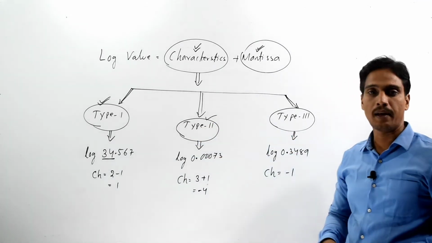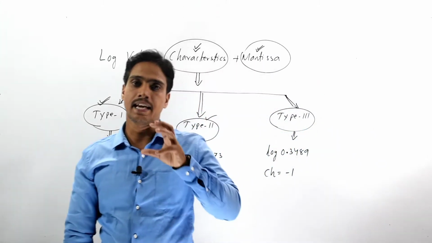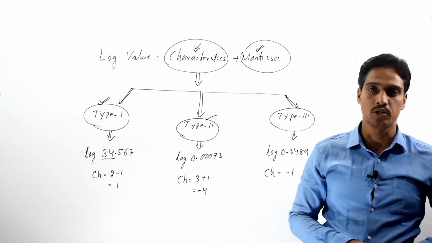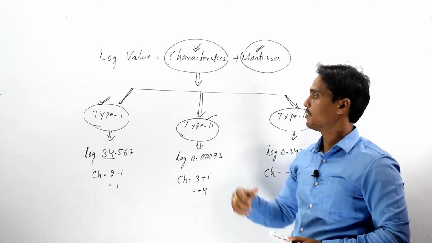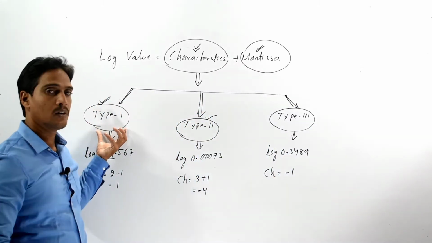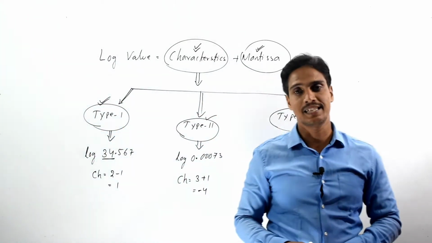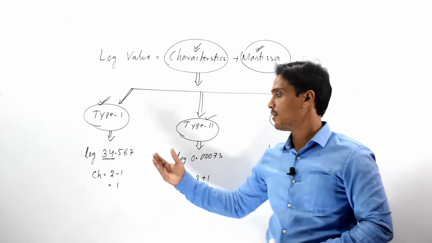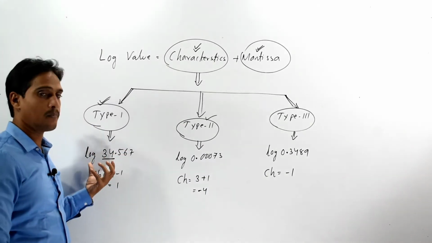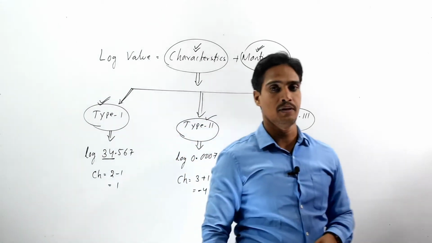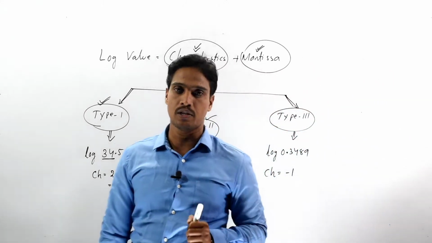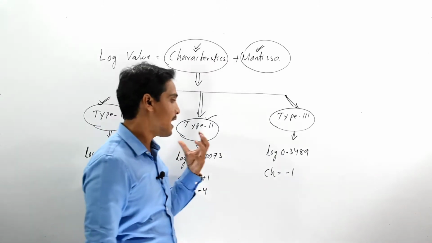In order to find the log value, first of all we should find the characteristic of the given value, and then we should read the Mantissa value from the log table. For the calculation of the characteristic, the numbers are divided into three categories. Type 1 is when some digits are present before the decimal point, like log 2.39, log 24.367, and similarly any such numbers should be included in the type 1 category. The type 2 category includes log values where no digit is present before the decimal point, but some zeros are present after the decimal point, like